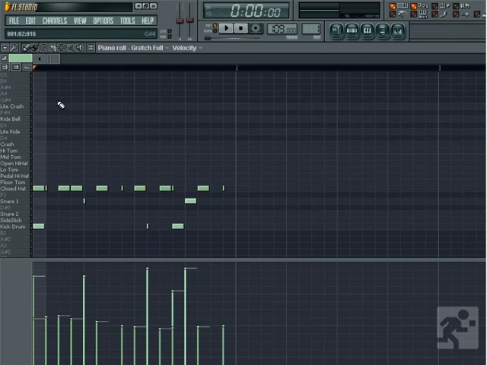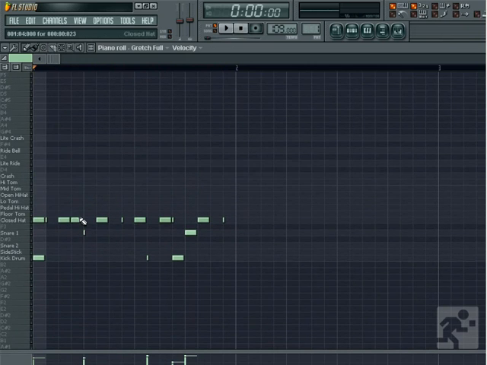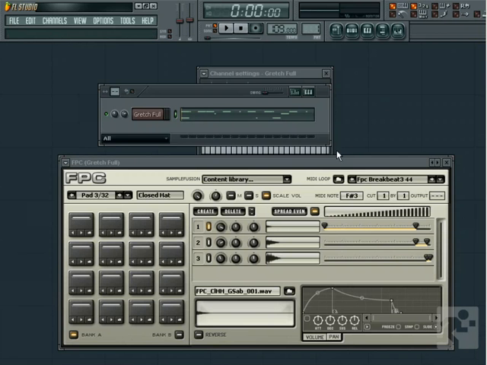In the case of the FPC, we actually see the name for each pad. This is great because it will save time as you can quickly and easily see exactly what notes represent which pads. Now, these names are determined by the name listed here. You can change the name of the pad by right-clicking the name and typing what you would like to rename